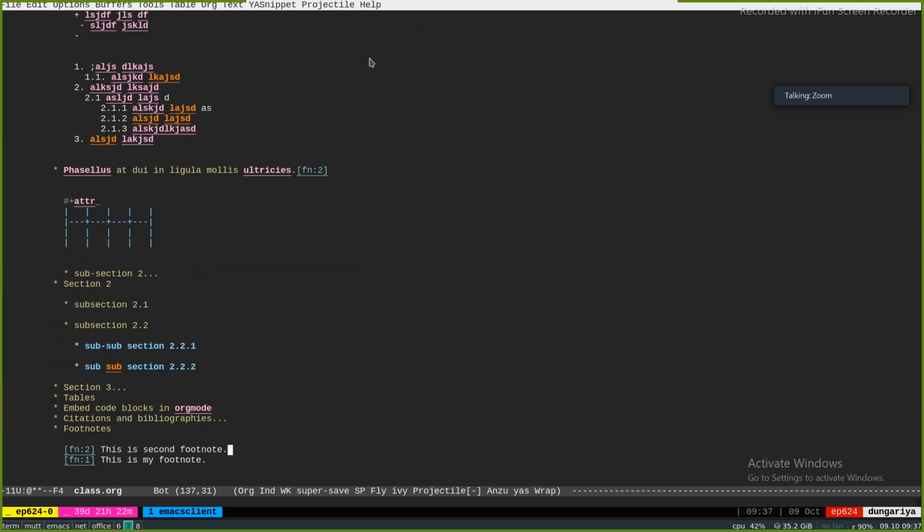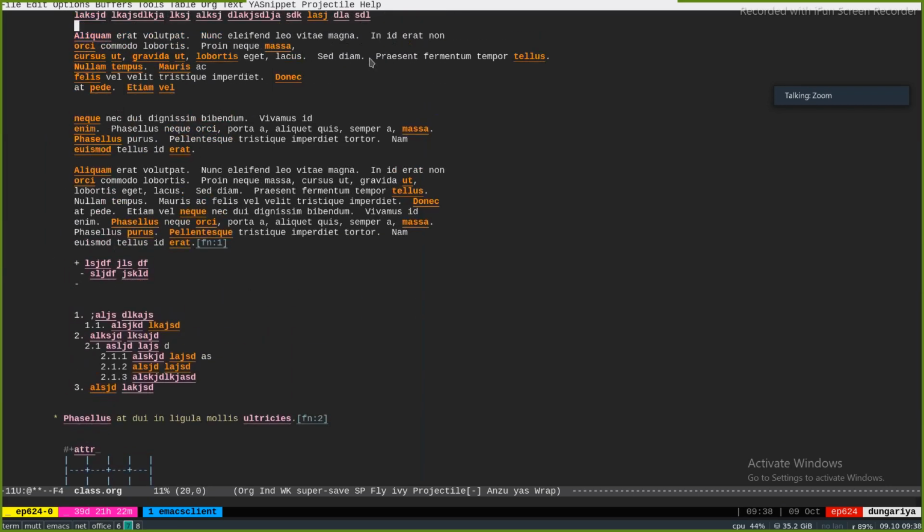The defaults normally are okay, so you don't really need to worry about formatting of footnotes unless you have some very specific requirements. The ordering of footnotes is taken care of automatically. It doesn't matter when you insert a footnote; what you are seeing in the Org buffer is not ordered.